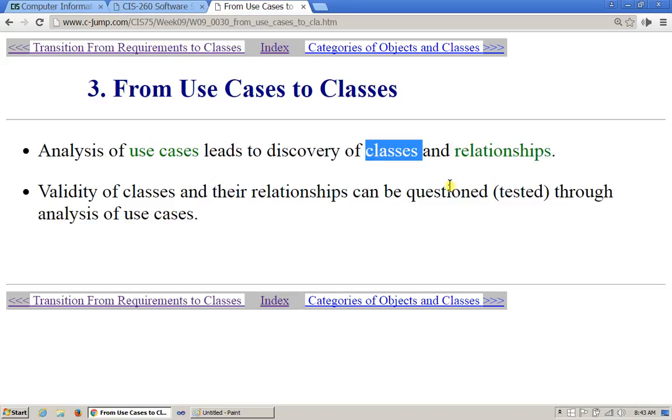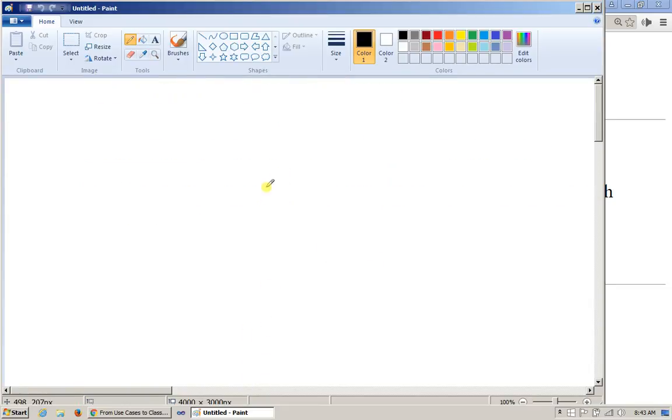The classes, of course, should be derived from the vocabulary, from language that we use in our business requirements. Then as we begin to formulate the classes, we start to test the analysis of these combinations of classes